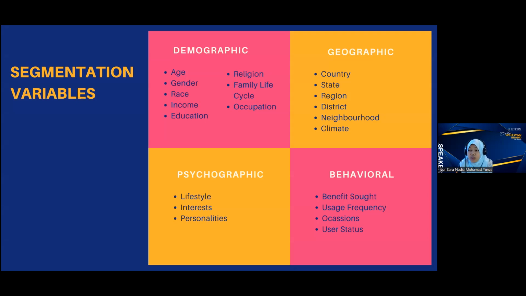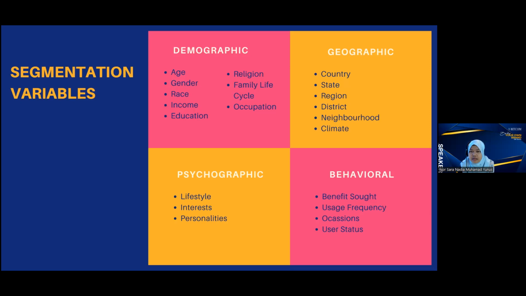We have psychographic. Psychographic consists of three main elements where we talk about lifestyle, interest, and personality. Lifestyle ni apa? Lifestyle basically we talk about what is their way of life. Okay, some people they are family oriented, itu lifestyle. Some people they are very social oriented. Hobi dia keluar jumpa orang, talking to people. Ada juga orang